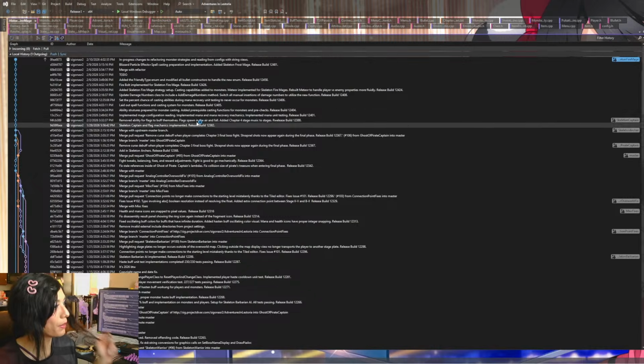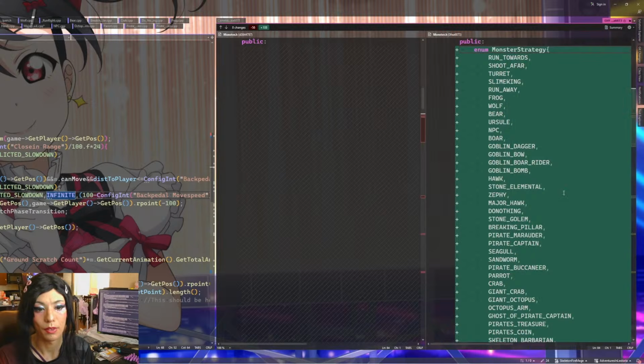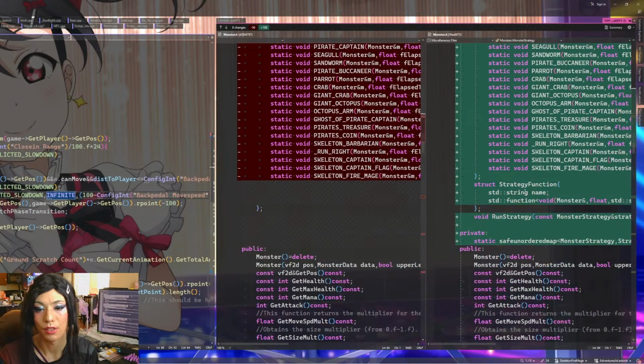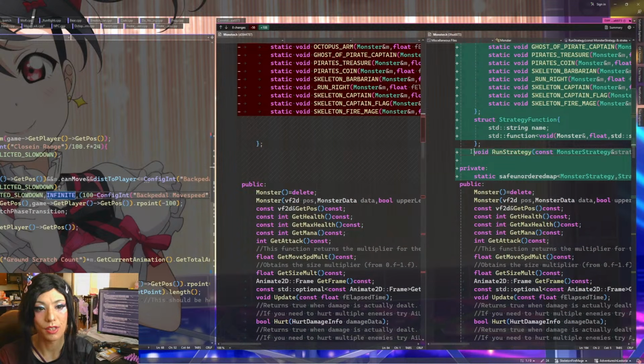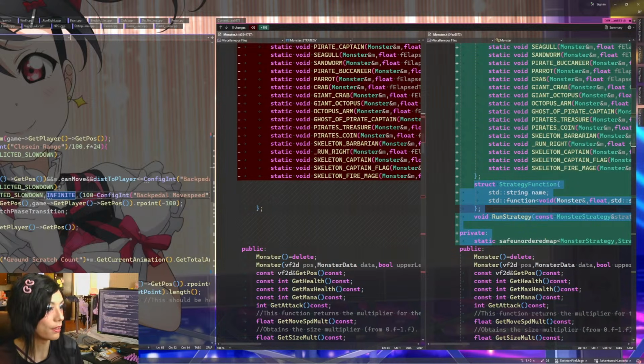Something's wrong. That's probably where we are, I made the change and then I deleted it by accident. Monster.h should have run strategy. It looks like it's just not there, or I must have deleted it by accident, but all this should be in there. Let me look at